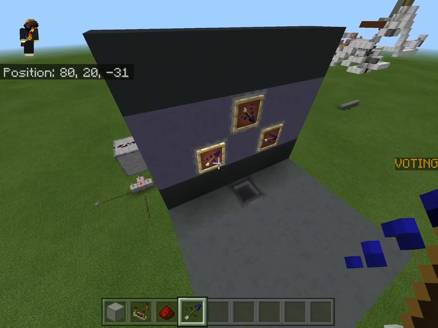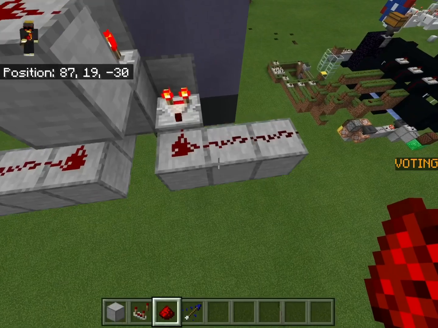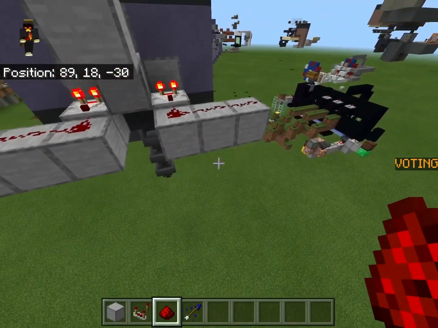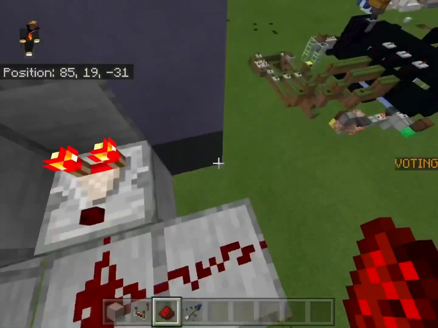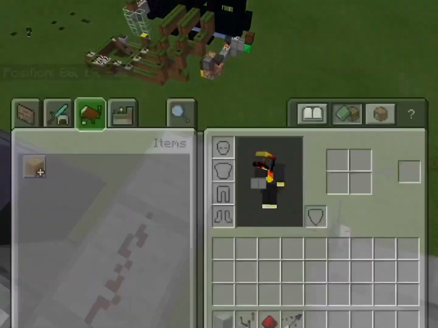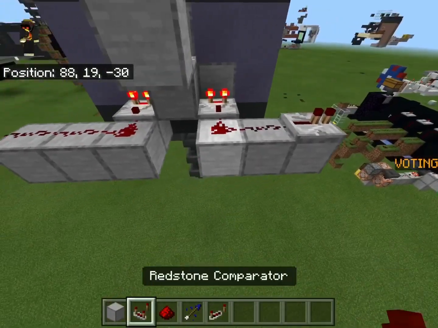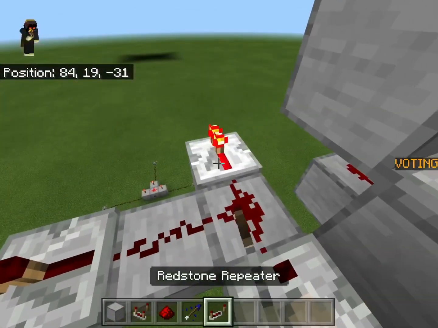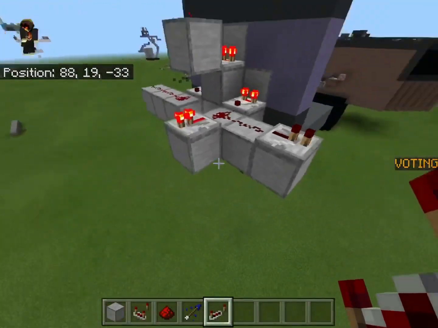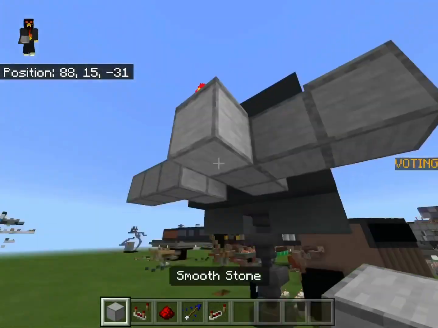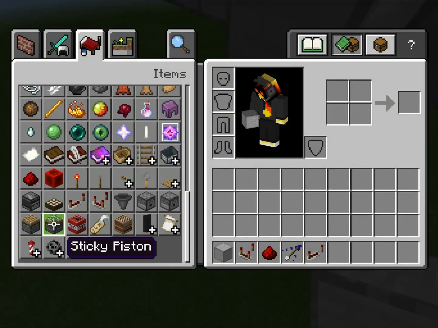That is only going to give out 1 signal strength. So what we're going to do is come out 2 blocks of redstone from the comparator, and we are going to place a repeater right here. Then we're going to place another repeater right here, so 1 coming out of the first block of redstone, and 1 coming out of the second block of redstone, like this. Right here, we are going to place a sticky piston that is facing up,